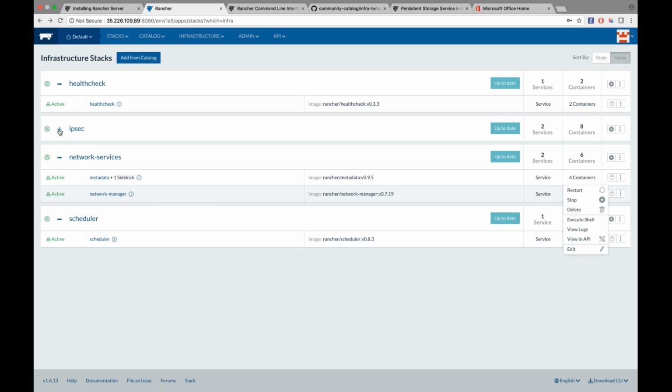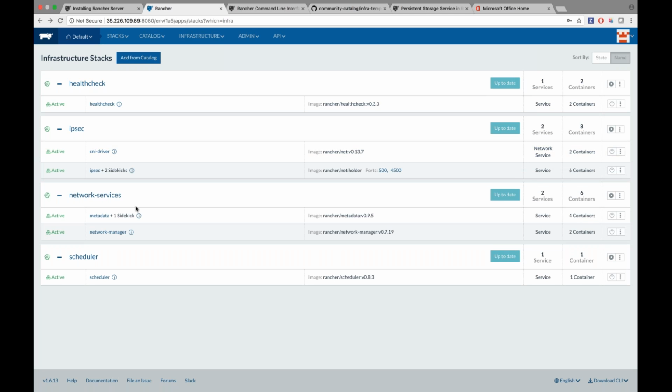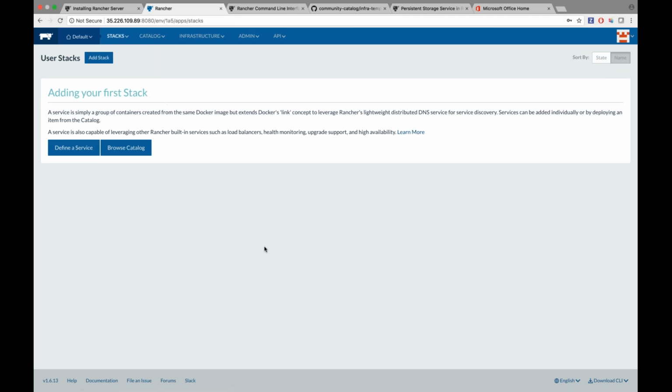IPsec handles all the networking part. The network services has metadata, DNS, network manager. And scheduler is going to schedule your services and hosts based on the different labels that you give. I'll show that once we go ahead and create a service. So this was the infrastructure stack, and under user stack, we don't currently have anything, so I'm just going to